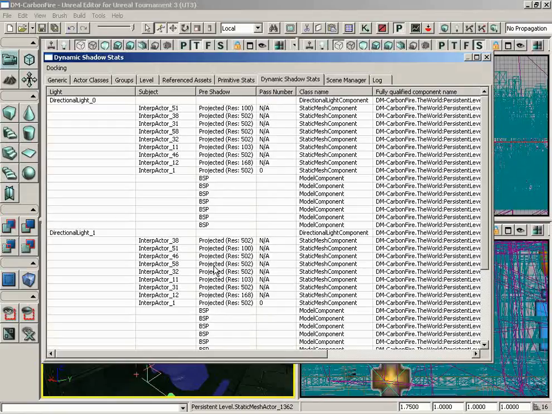Very useful if dynamic shadows are slowing down your gameplay and you need to track down the source of those dynamic shadows. This list will not be populated the very first time you go in. In order to populate this list, you need to play the game within the browser by using the Play in Editor button, or by right-clicking somewhere in the level and choosing Play from here, and then press the F10 key,